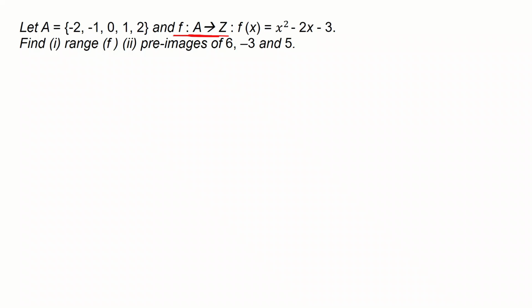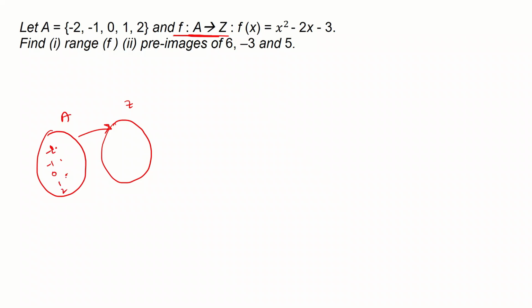A function from A to Z means we'll be having our set A over here and our set Z over here, and the function will take every point from A to the set Z. There are 5 points in here: -2, -1, 0, 1 and 2, and Z is something that we need to figure out. So we are given this relation f(x) is this. That means every point x goes to this particular